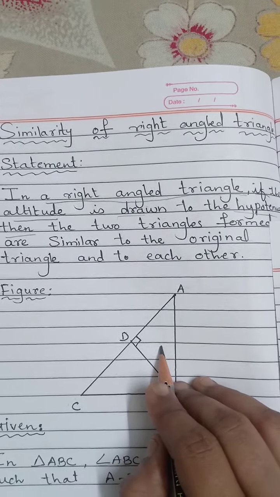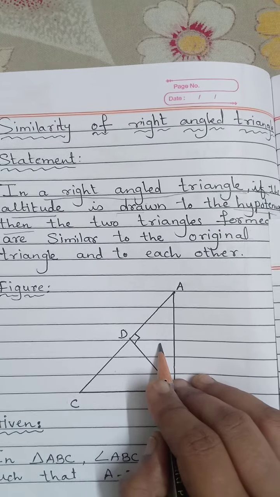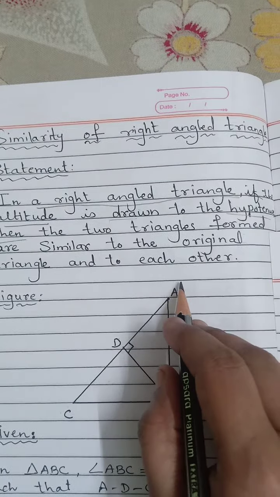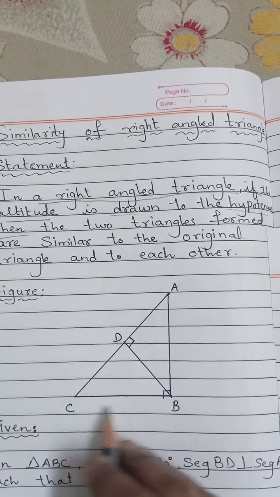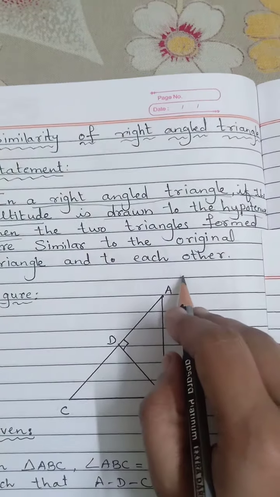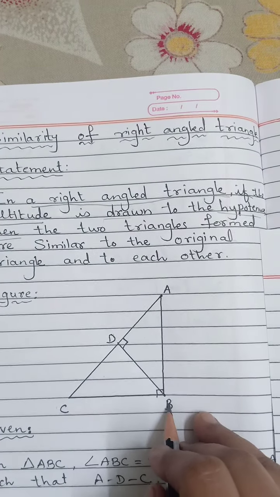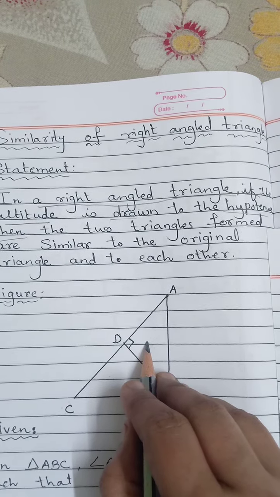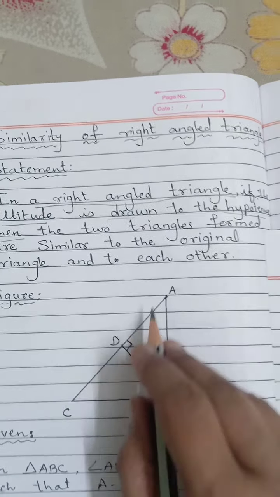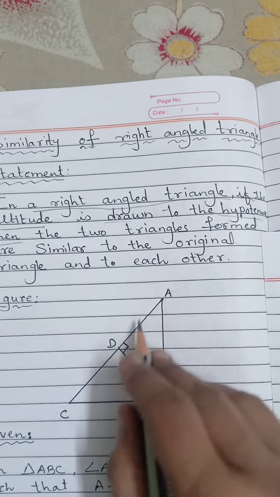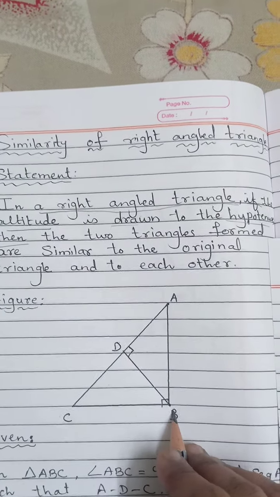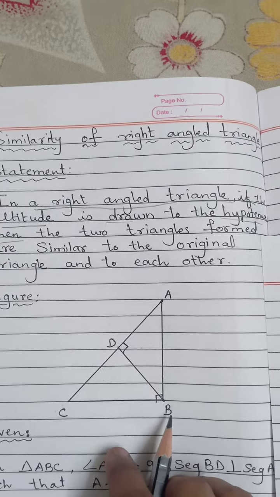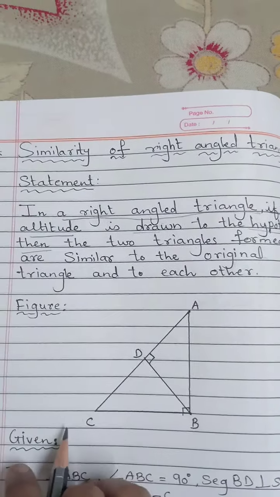Now it is very important to take the name of the triangle properly. So I'll show you how to take the name of these three triangles. First triangle will be A, B, C. Now again we'll start from A. I have taken B in the middle, which is 90 degrees. So I have to take the second triangle's name also in such a way that the 90 degree should come in the middle. So I will start from A, D, B. It ends with B. So the third triangle's name will start from B only. Third triangle will be B, D, C.